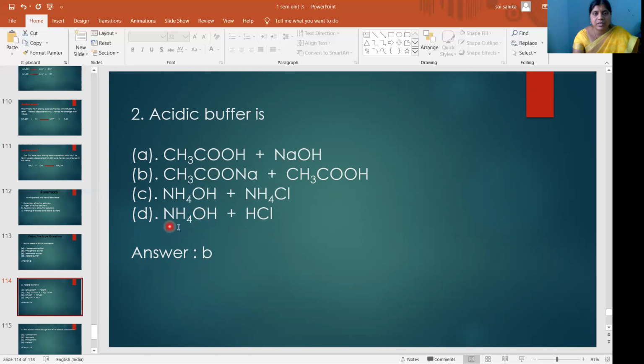So first one you see here, this is base, this is acid. So mixture of acid and base is not an acidic buffer. Then this is base, this is chloride, this is a basic buffer. If this is acid and base, this is not correct. So here acetic acid and sodium acetate. Mixture of weak acid and its salt is called acidic buffer. So answer is B. So acidic buffer is CH3COONa plus